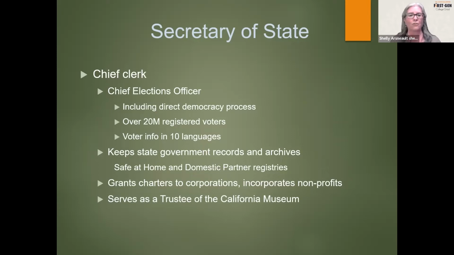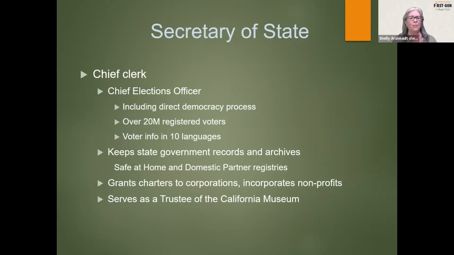If you are in private business for yourself, you probably are familiar with that process, especially if you've started a business. And also, again, for those in the nonprofit world, incorporating nonprofits. I know the nonprofit side of it better than the corporate side, but I know the Secretary of State's office has a wealth of information for nonprofits as they are taking off and beginning their journey as organizations.